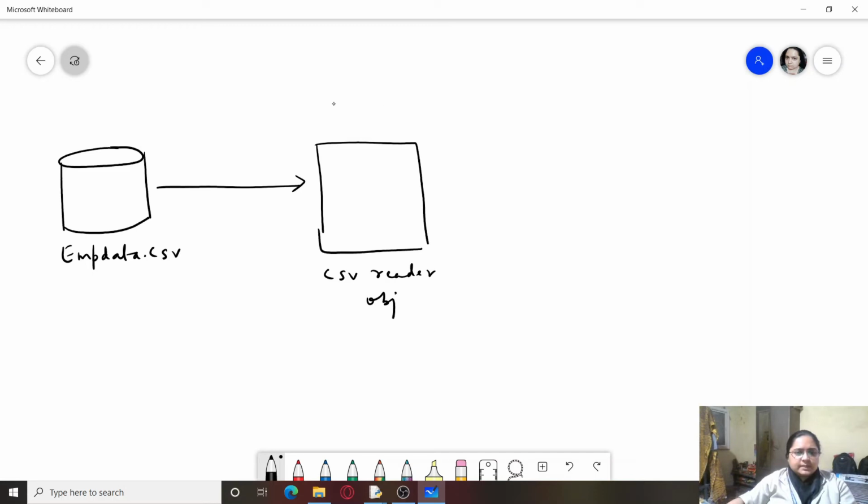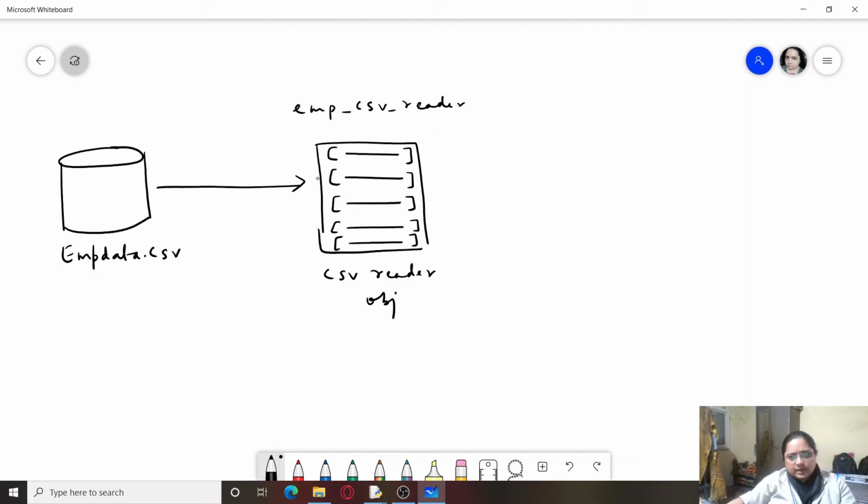The name of the CSV reader object we have already specified, emp_csv_reader, which will contain individual lists. That is, it will read all the records from my actual CSV file on the hard disk and store everything in the form of individual lists, which can be processed by our program. So this is the technique which we are going to use.